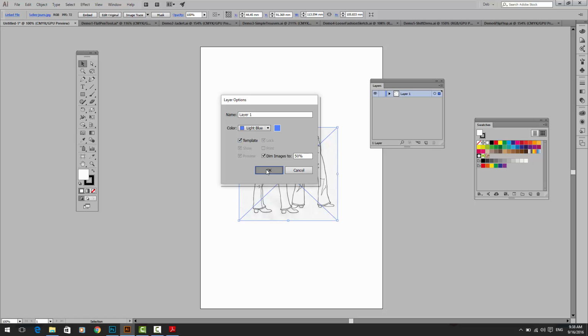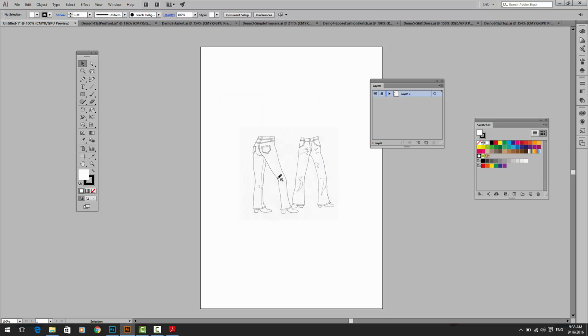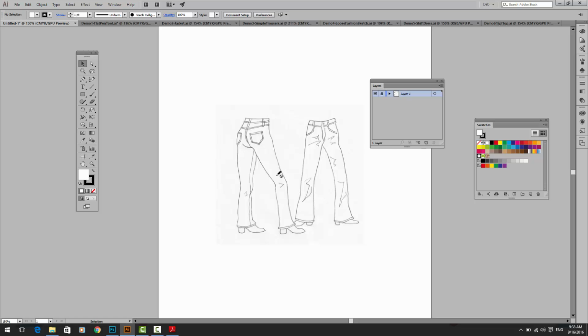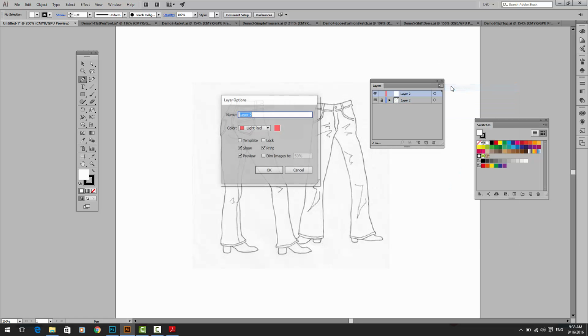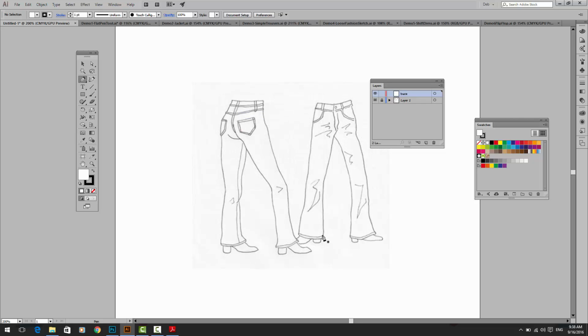A template layer means it's going to be locked in position and dimmed so that it won't move while you are trying to trace over it. And then you would go and use your pen tool and you would trace the shapes using the pen tool. Now you can't do it on the locked layer, so you would need to create a new layer. Usually you'd give it a name so that you don't get confused between them. So the template layer is locked, and then you can call this layer here trace, and then you can start and go across